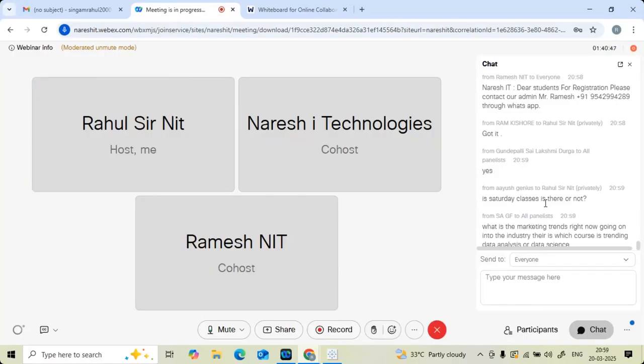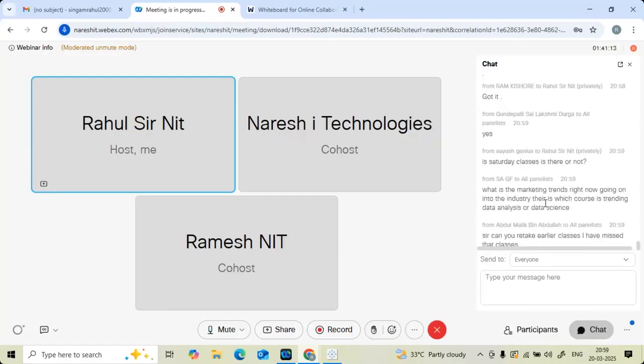See, both are trending. I cannot say data analysis is only trending. Data science is also trending, right? Because nowadays every advancements are coming, Gen AI, LLM models, all those things. So data analytics, data science, both trend is there, opportunities are there. But as a fresher, entering into data analytics is little simple comparing with data science. Where in data science, the opportunities are more for experienced candidates.